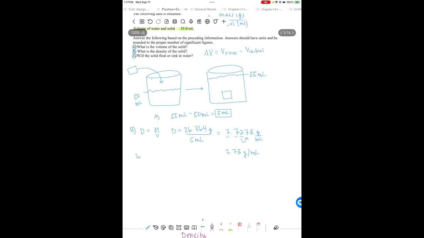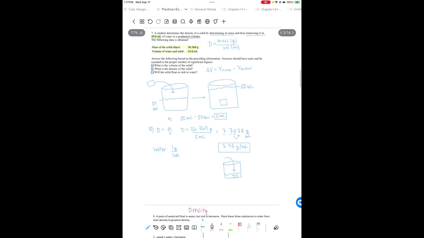Well, water, and you have to have this memorized, density is 1 gram per milliliter. So our object is 7.73 grams per milliliter, so it will for sure sink in water. It's way more dense than water is. Okay,